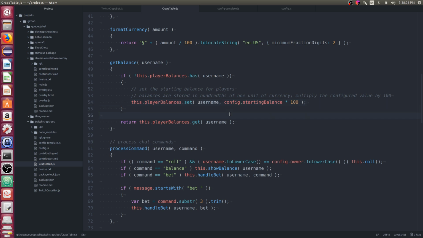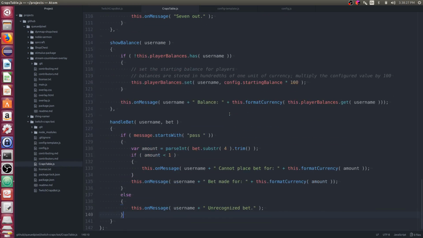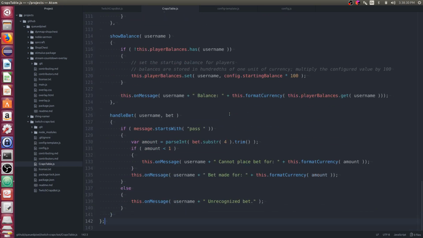In either case, we simply return their balance. So now we can do things like down here, we called it what? This.getBalance. And then we can drop all of this.